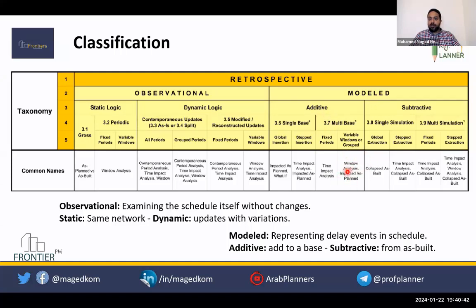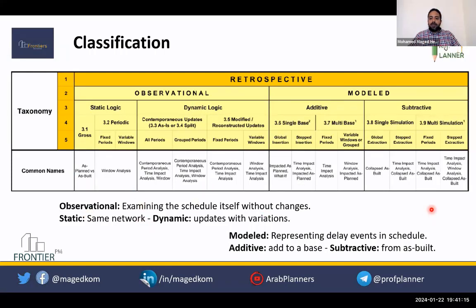There is also windows analysis in the modeled subtractive. So in the market, people are applying windows analysis with different approaches, and all of them are calling it windows analysis. So they want to fix this confusion in the market and make a clear classification for the delay analysis approaches using this taxonomy.